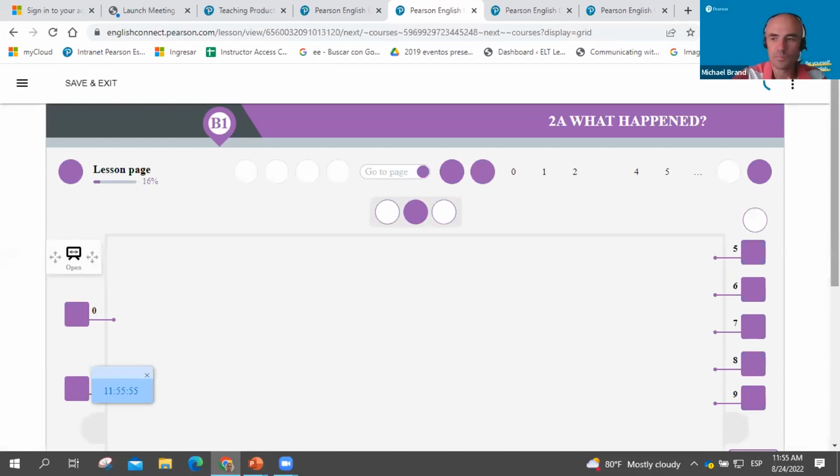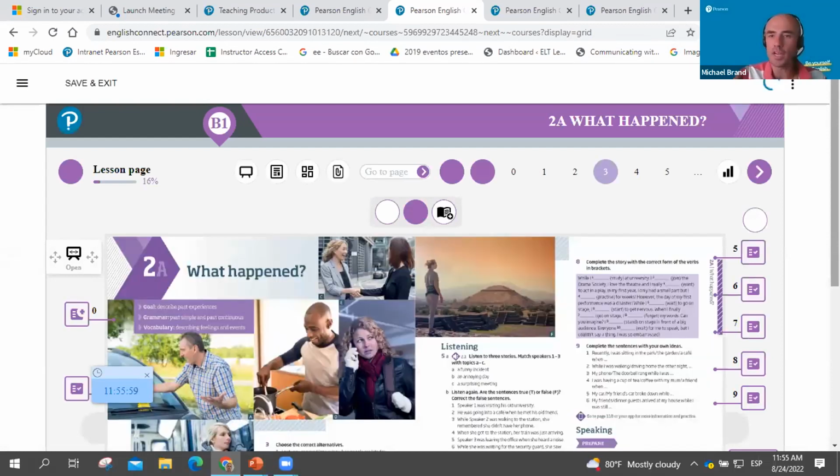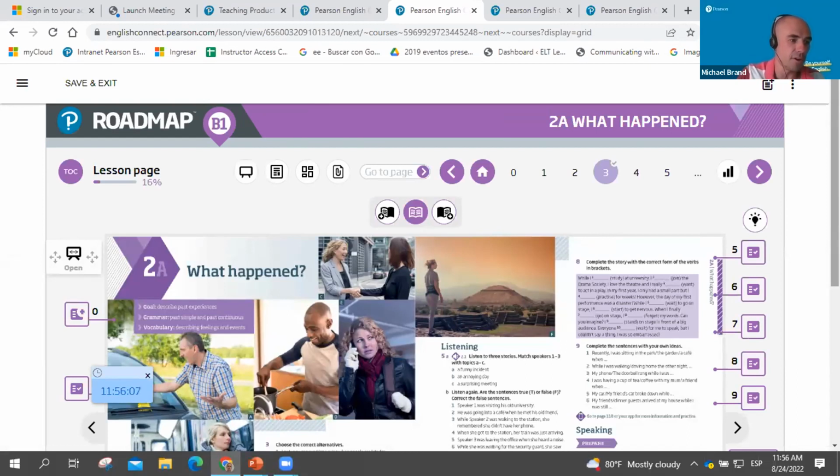Okay, so the shortcuts for this keyboard navigation are sort of industry standard. So students who use this won't have to learn anything different. Okay, let's have a look.